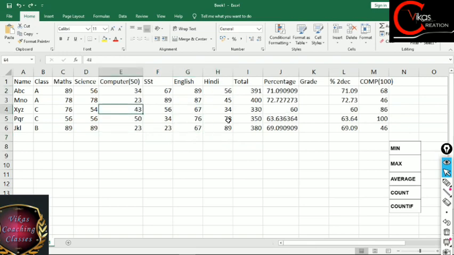Now let's suppose when I was working with these values, suddenly I got a task where I have to find how many students are getting more than 70%. Like the HM ma'am or principal ma'am is asking for the report card, and she is asking how many students are getting more than 70% in your class. So for that case you can use this COUNTIF tool. Fine. COUNTIF can be used when we have to count the values on the basis of a given criteria or a given condition.